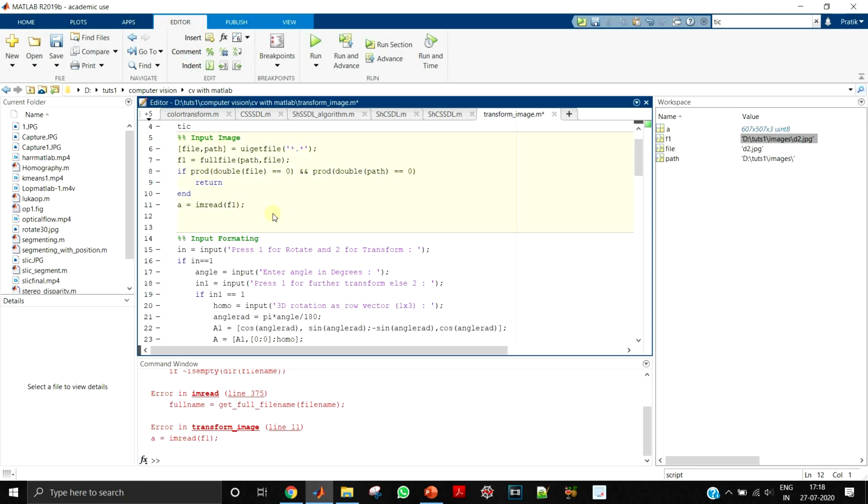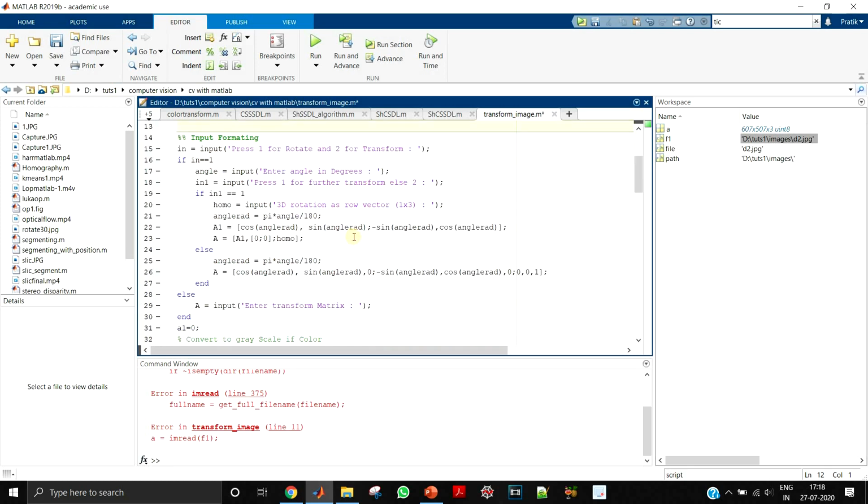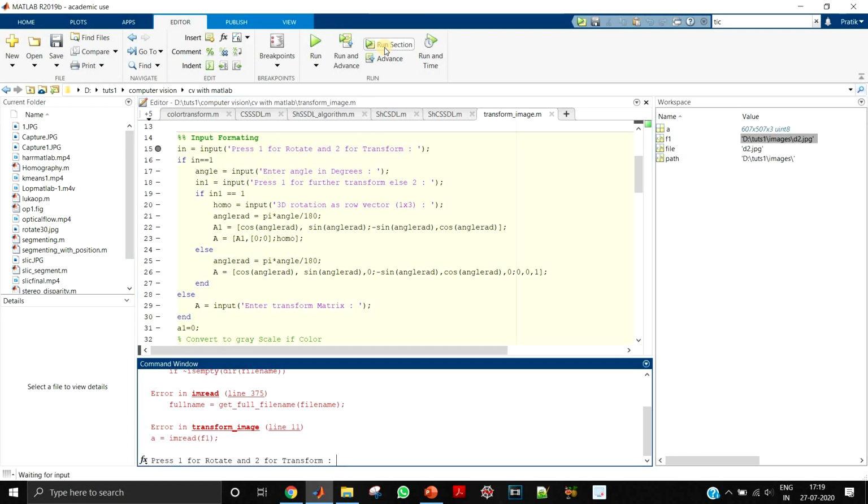That is also one thing which you can use to debug your code, so that it is better to understand where the errors are, etc. Now let us see this. Let me put a breakpoint over here so that I can explain side by side. Now let me run the section.